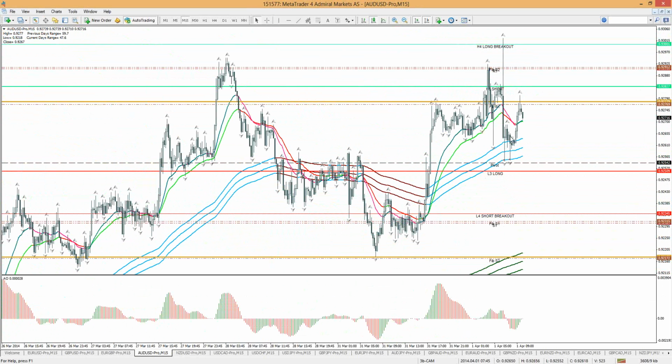AUD USD had a very interesting movement. We had a big spike up, then this big move down, in fact. Of course, this is related to the Aussie interest rate and the statement that was made during and after that. For the moment, yesterday's high was broken, but it did go with a lot of choppiness. And just because of the interest rate, I would be careful of this one. I wouldn't want to trade it